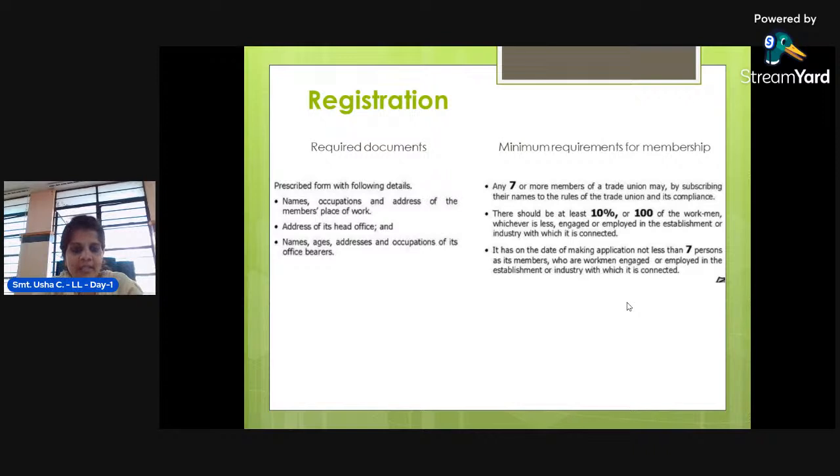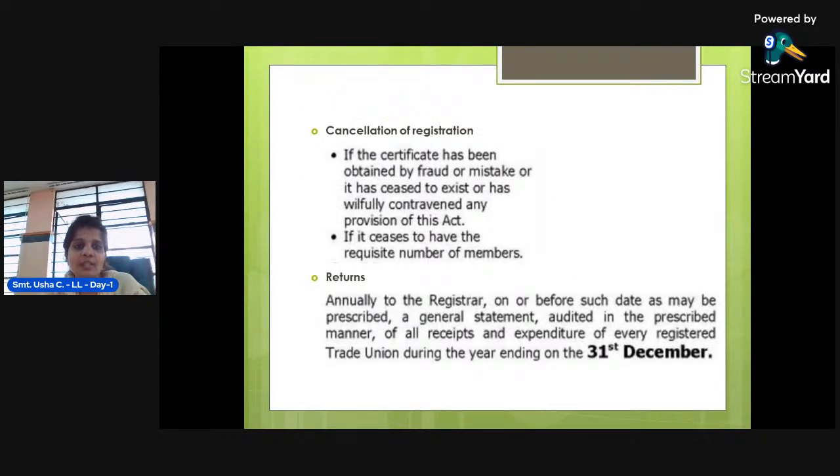The government may cancel the registration if they find that the information provided is false, fraudulent, or has a mistake. So then they may cancel the registration. When there is no minimum number of members also, the registrar of the trade union may cancel the registration. And after registration, they must file a return every year,